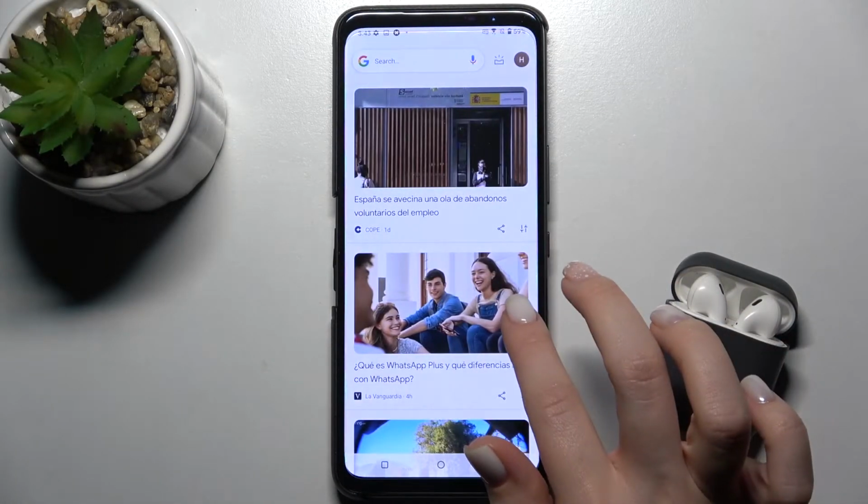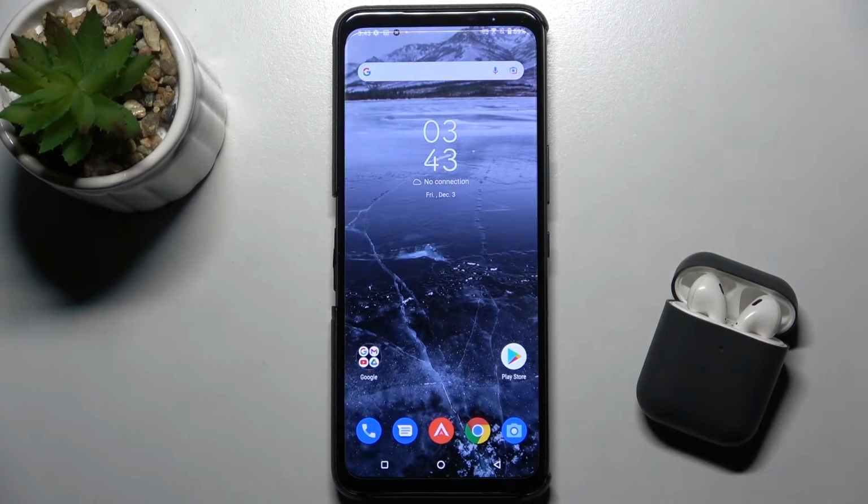Welcome. Today in front of me is the Asus ROG Phone 5s, and I'll show you how to unblock a number on this